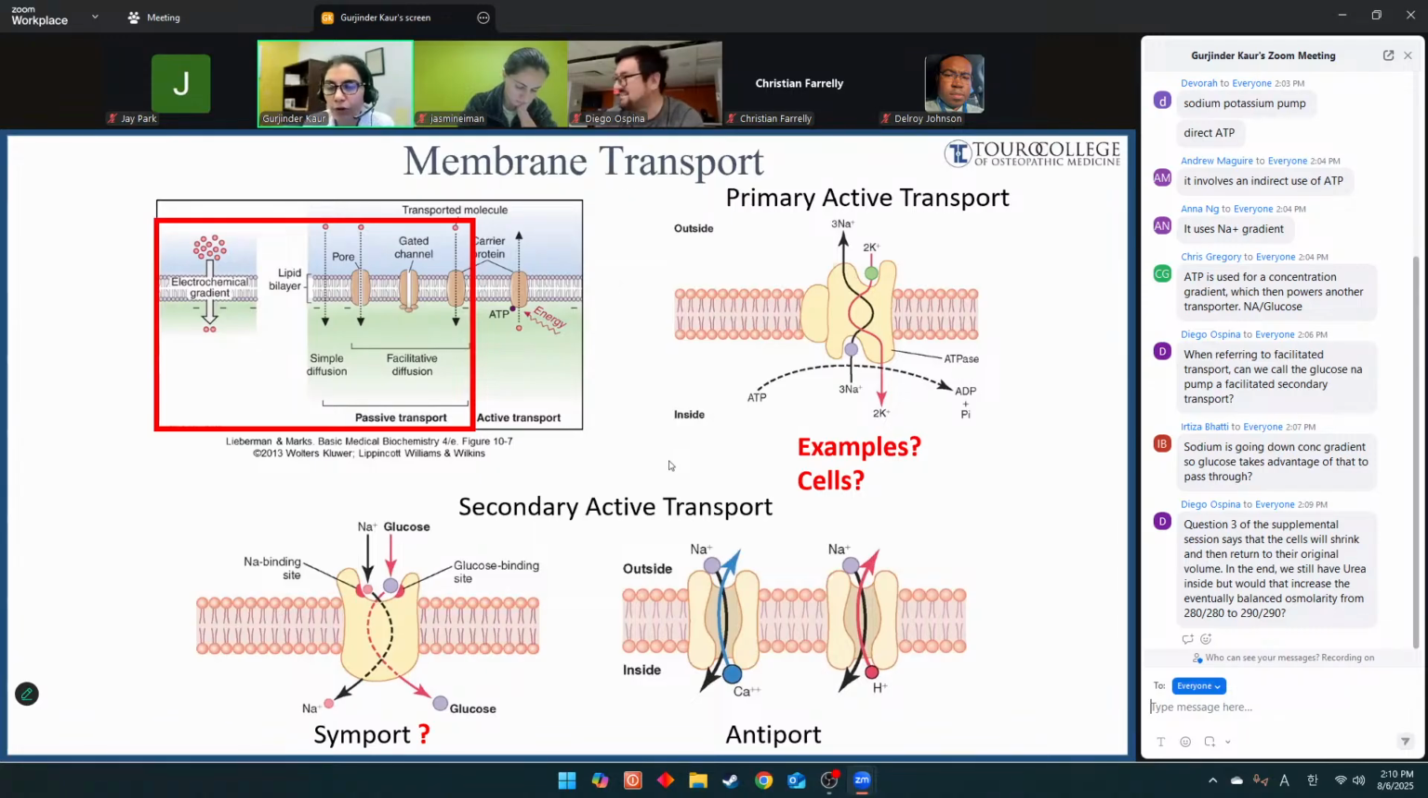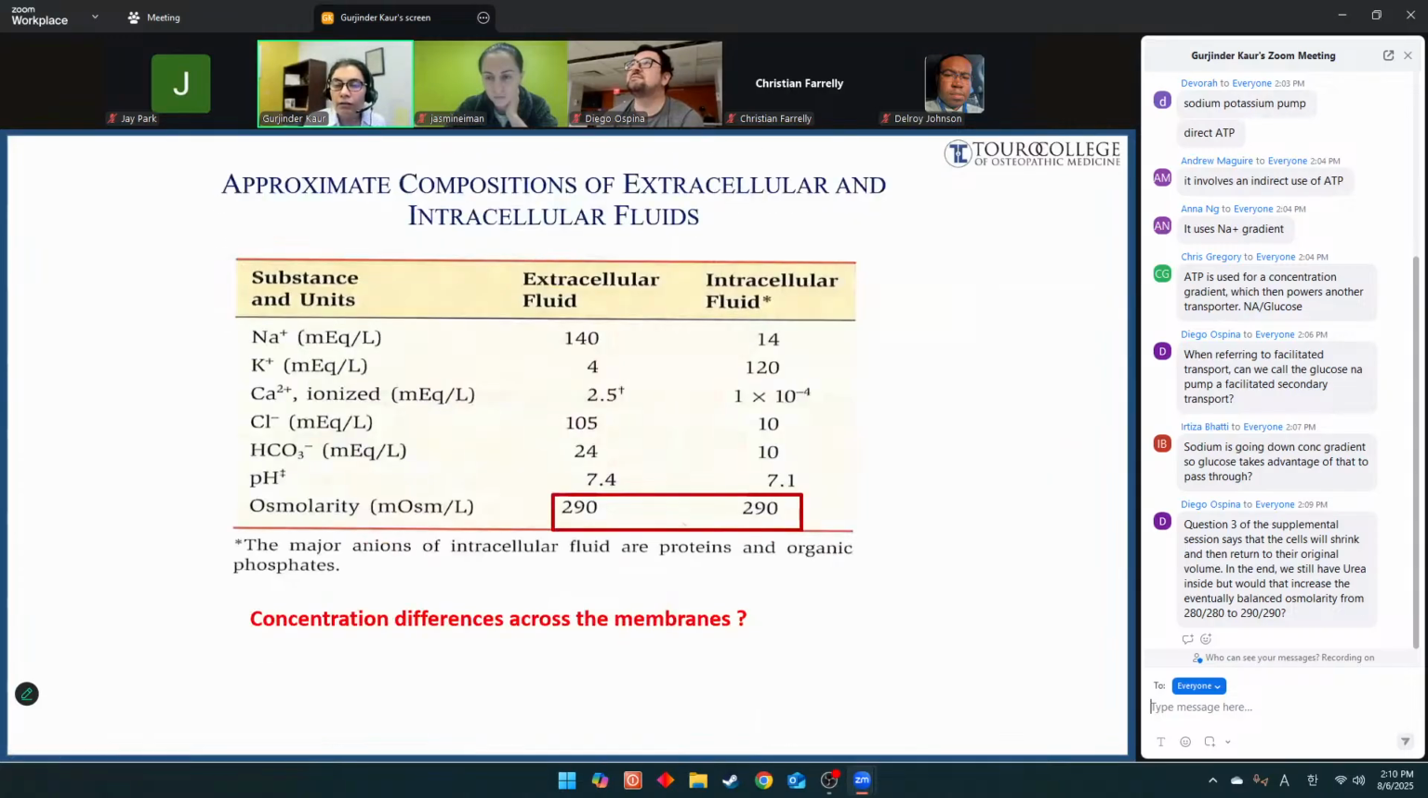We can talk about that. But what you are saying is correct. So basically, urea is so permeable, it crosses the membrane. Okay. All right, so let me get to the next slide because I want to finish the water shifts between different